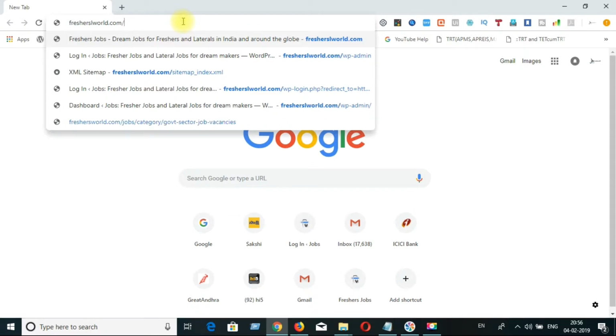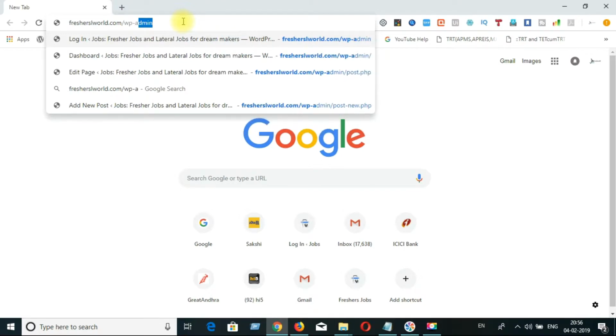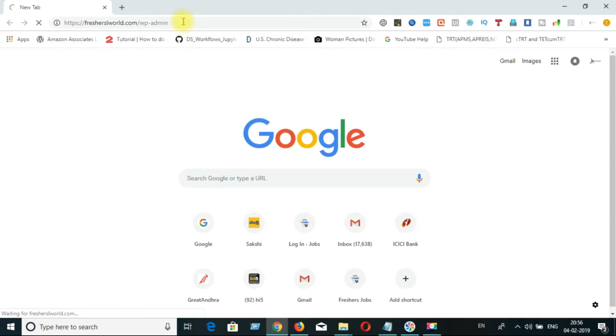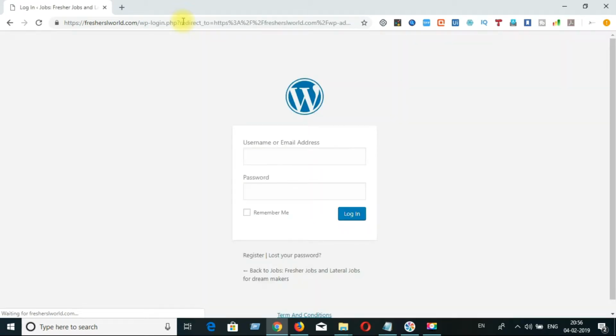Let's open your WordPress website using wp-admin at the end of your website URL to open any WordPress website. Then log in with admin credentials.